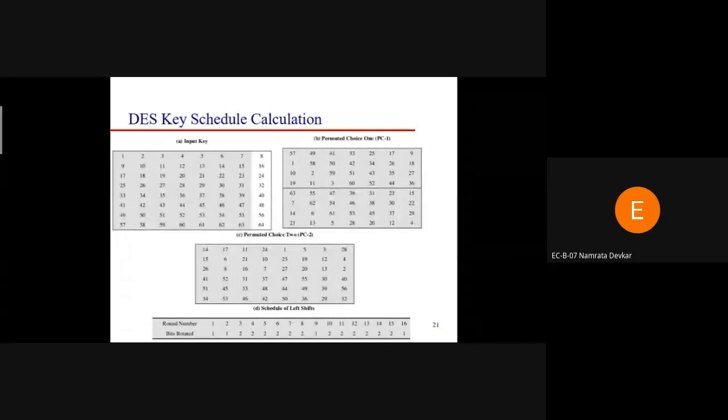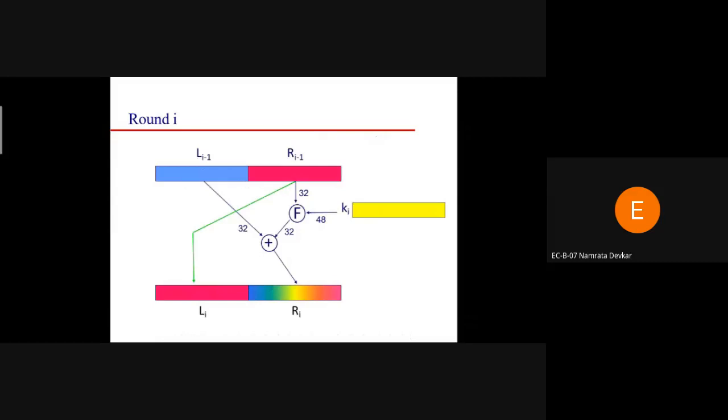That is 28 bits, and the second part is also 28 bits. Okay, so these are the DES key calculation. If we consider the various rounds, in the DES algorithm we have a number of rounds. Likewise the Feistel cipher, in this algorithm also we have 16 rounds. If we consider any one round, the process of that round will be the same as per the Feistel cipher. So what is the process?